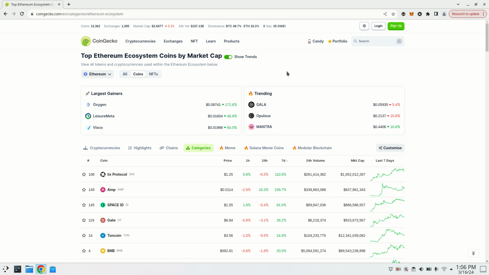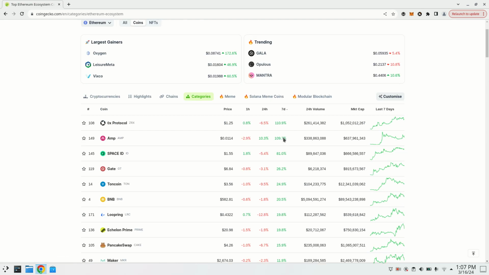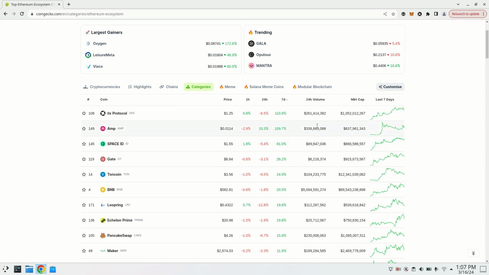Then from that good project we could track which chain it is listed on, and on the chain we could see all the projects listed and which project is actually quite good for us to invest in.